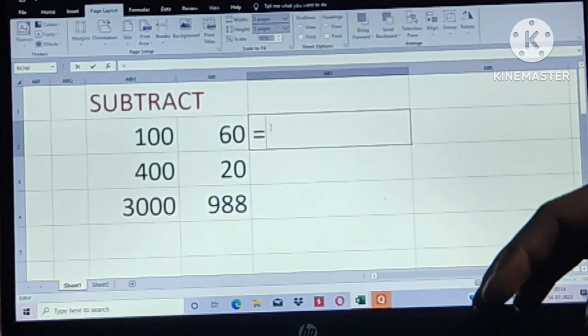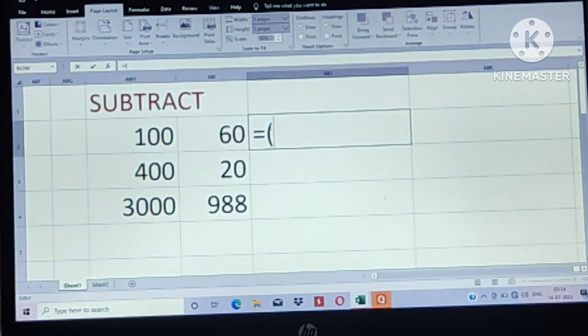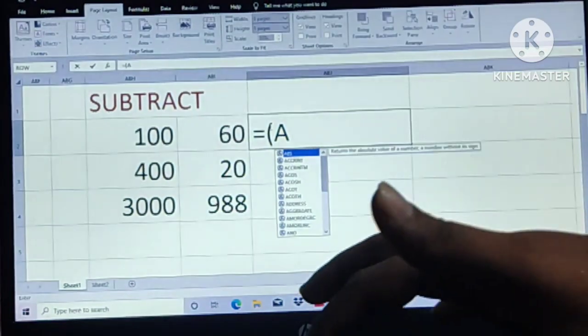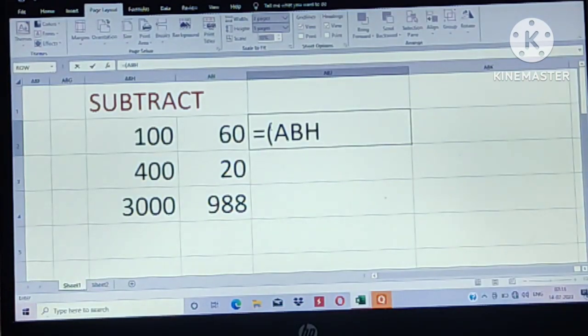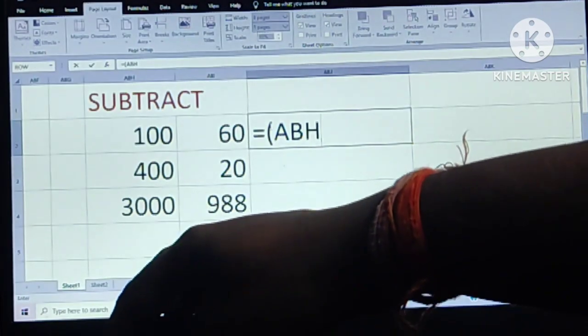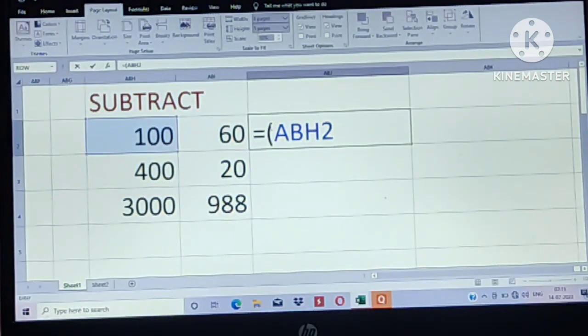First of all, open the bracket with the first column ABH, row 2. So ABH2, column ABH with row 2, minus last column ABI with row 2,